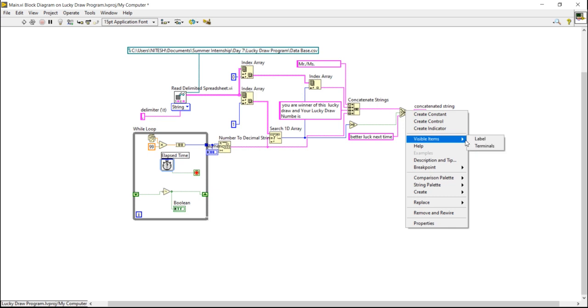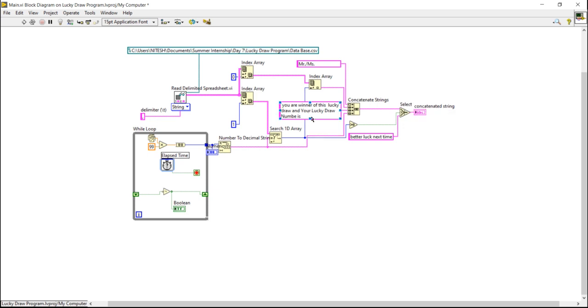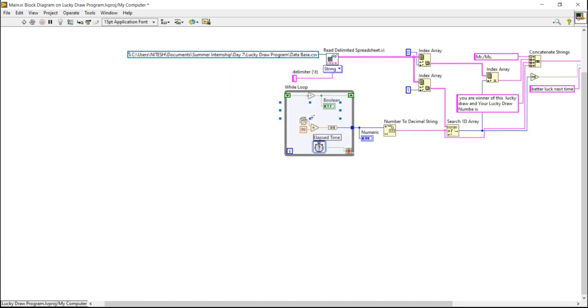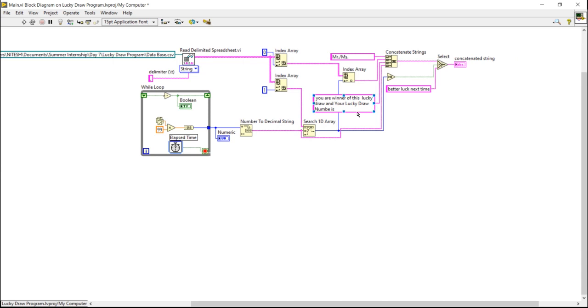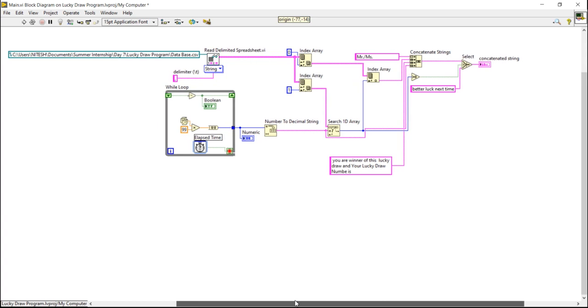Take your time and write the code. Please take your time and try to analyze each and everything. Only two new things we have used in this program.